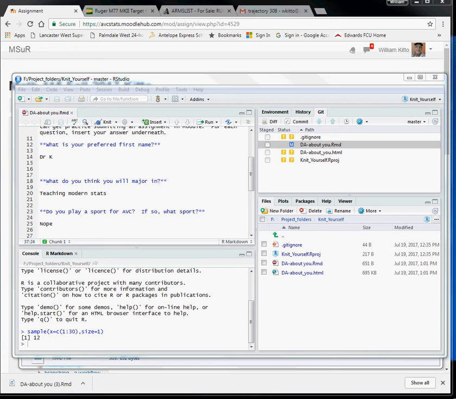Now we're at the point where we knitted. It looked good, and something to note is that the knitted file came out, and it's in our project folder. There it is. It's an HTML file. That's the one we're going to turn in. But at this point, what we want to do is update in Git our creation. So we want to stage this